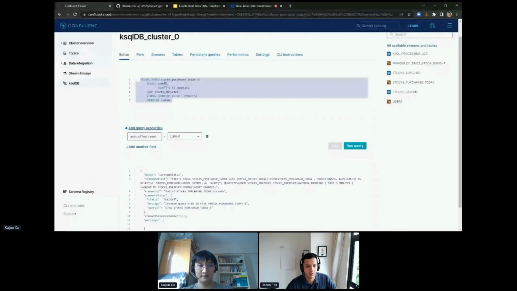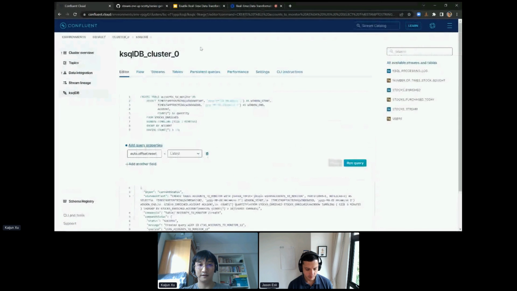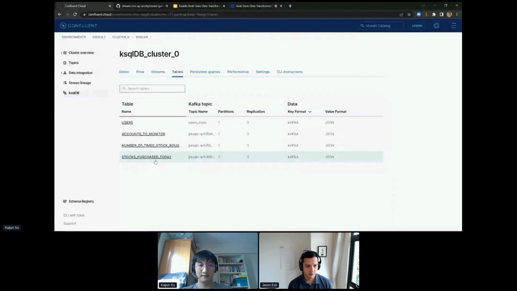We are converting the window start and window end of our time window from the previous query into a string, and we are going to group it by the account. So we run that, and we can have a look at the table, and if we look at the accounts to monitor,